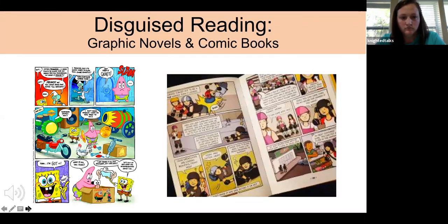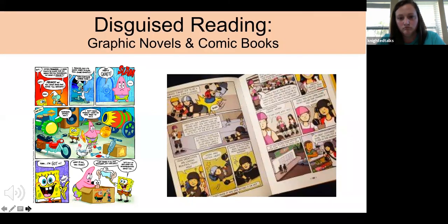Let's talk about some fun ways to incorporate reading in your literacy sessions with your student or students. I would absolutely suggest that you order some children's comic books or children's graphic novels like the one on the right. Even if you have an early learner or a student who is still learning how to read, or a student, for example, who is an English language learner and maybe they have not acquired the English language yet, these are fantastic books for all learners